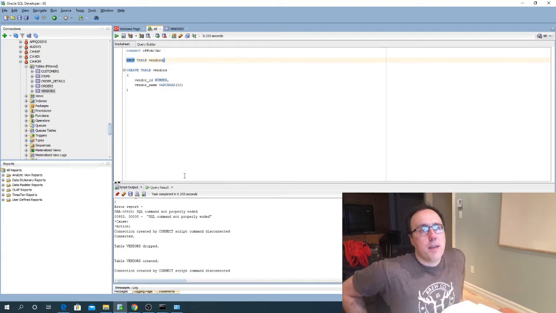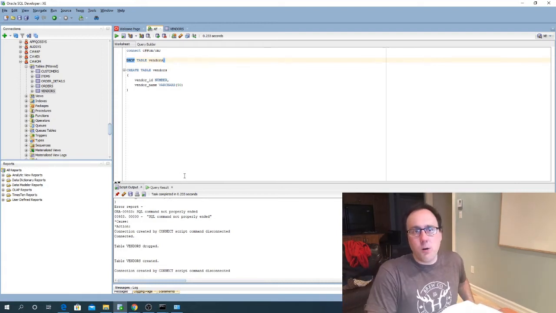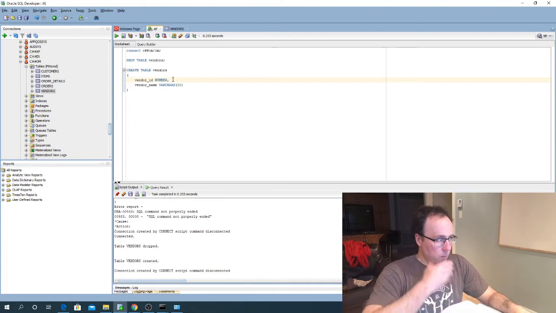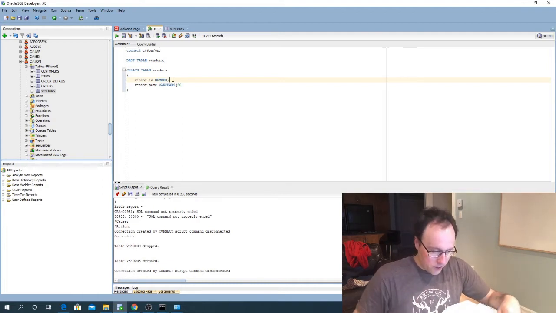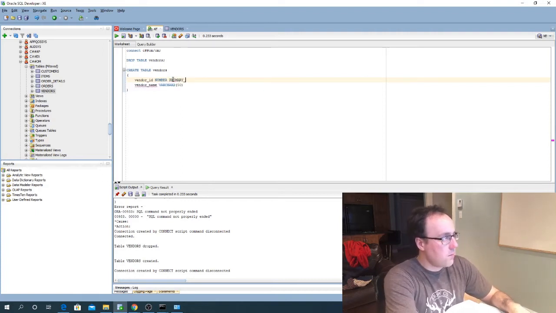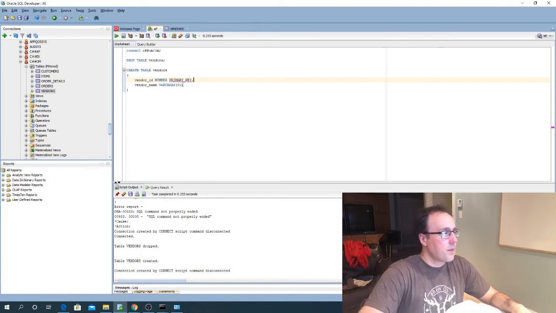So obviously that's missing. We need to be, at the very least, saying what the primary key of the table is. And if there are any other constraints, we should do those as well. So let's add a primary key constraint here. I can just say primary key for vendor ID. And if I run this again,